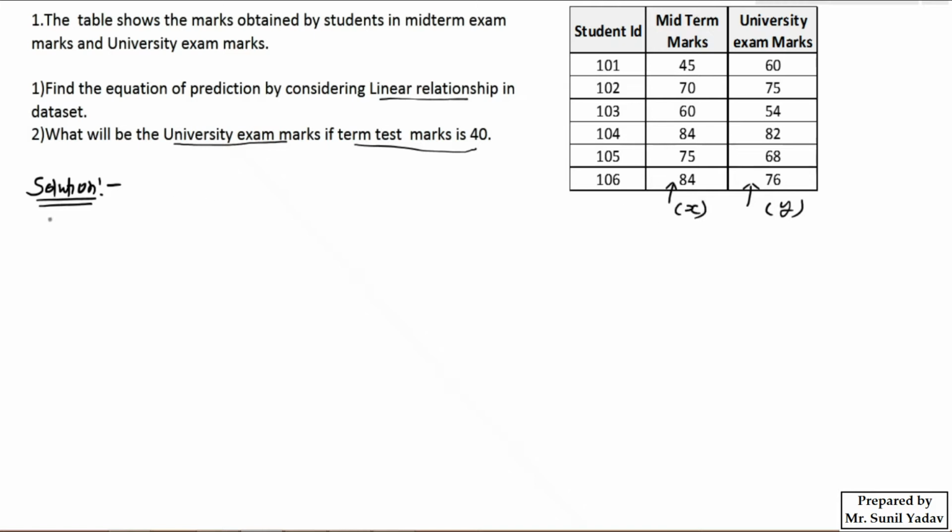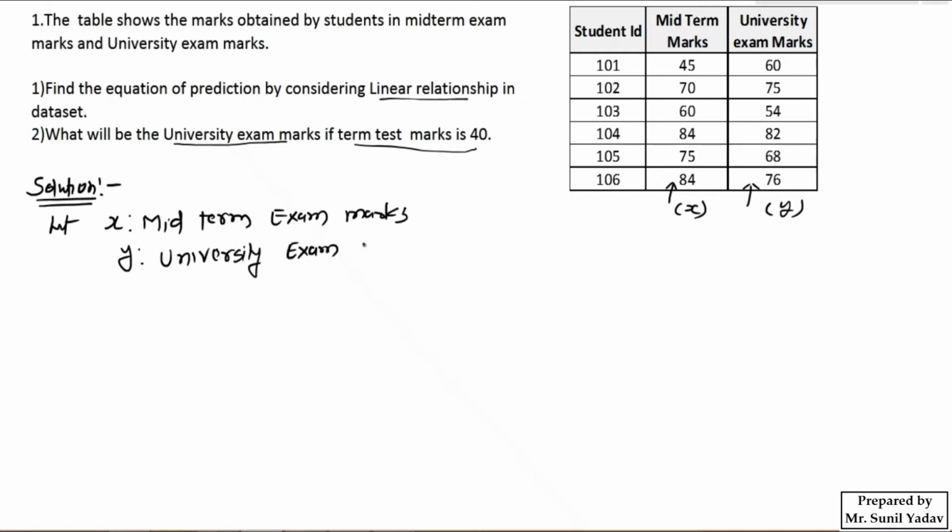So here let X be the midterm exam marks. I hope this point is clear to you. And Y is the university exam marks. Now, since they have given that we have to consider a linear relationship,